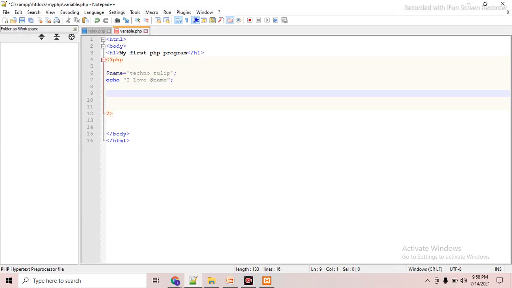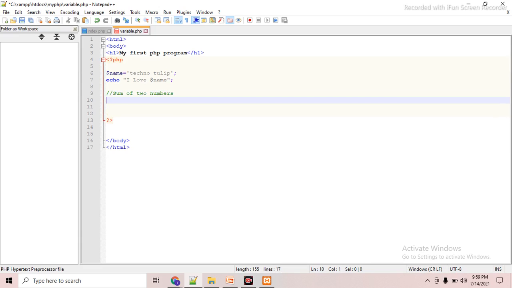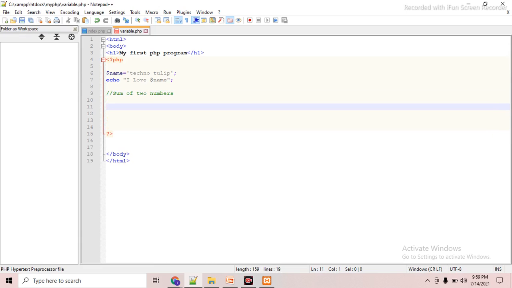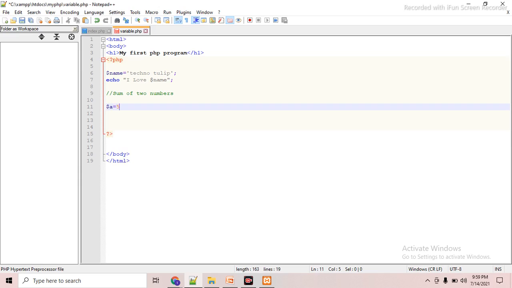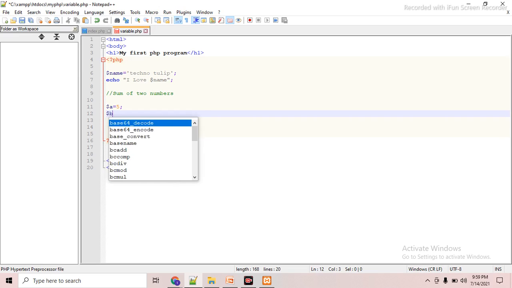Okay, now just add two values, like the sum of two numbers. In PHP you can comment a statement like this. Give two variables: $a equal to 5, $b equal to 6.